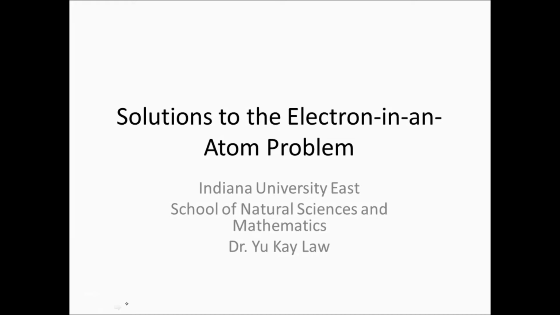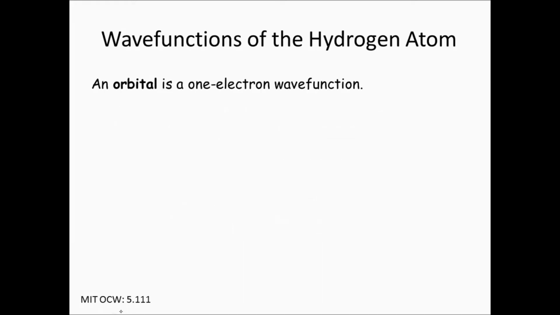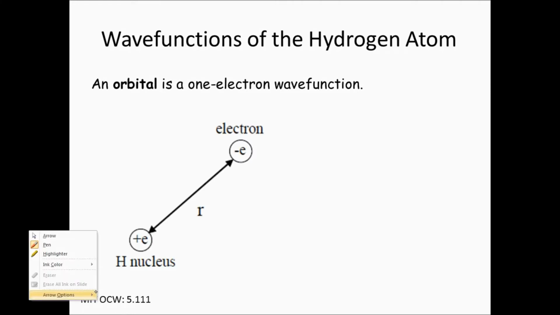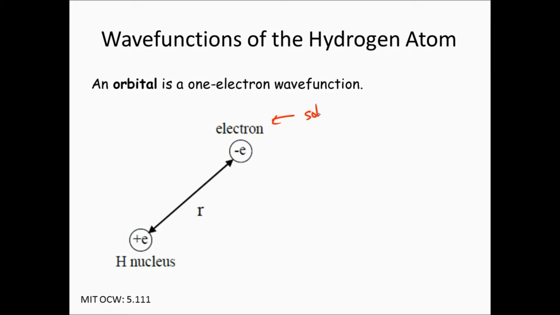Solutions to the electron in an atom problem. So an orbital is a one electron wave function. And if you think about the hydrogen atom problem, that's how we can look at it. We have one nucleus with a +1 charge here, and an electron here, and they're separated by this distance. And we can solve the Schrödinger equation for this potential